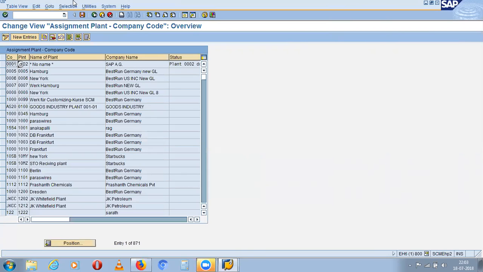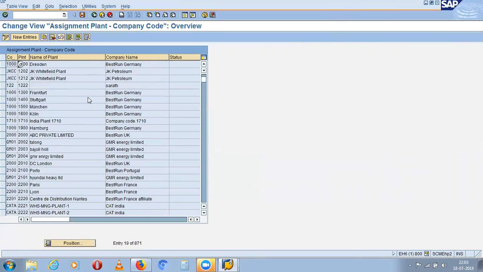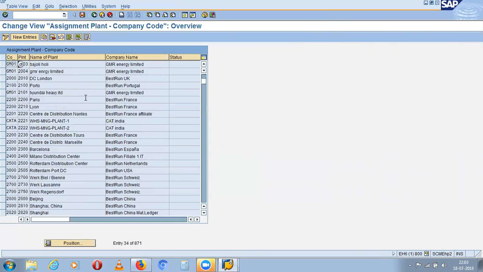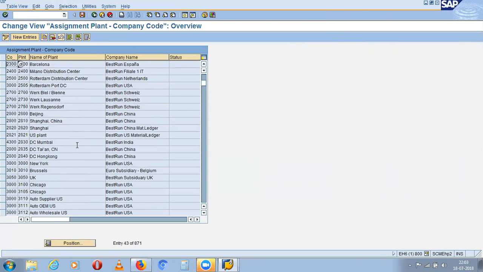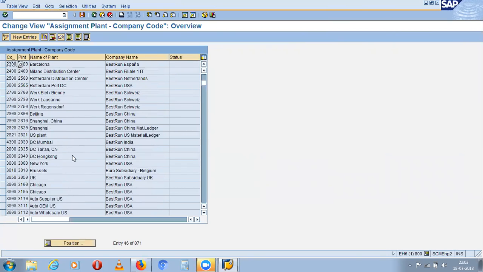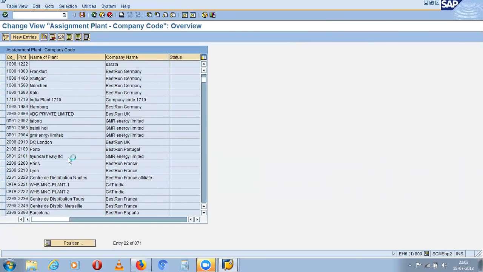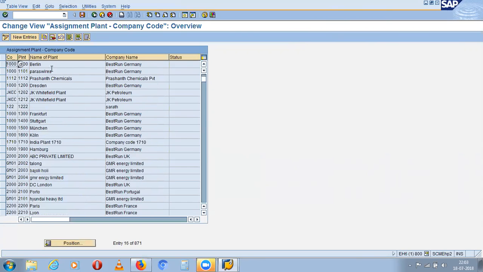Do one thing, search for your company code ASC1. If you just keep scrolling down, you'll find ASC1. There is no option for searching directly. We only have the option for plant, not for company code. In this screen you can't directly search for company code.